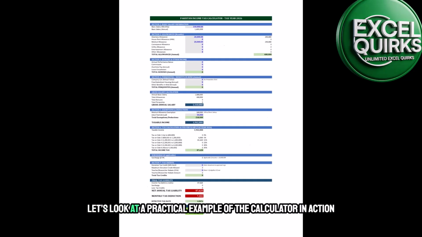Let's look at a practical example of the calculator in action. In this scenario, we have a monthly basic salary of 140,000 rupees combined with dearness and medical allowances. You'll notice how the system automatically calculates the 10% medical exemption and deducts zakat to arrive at a taxable income